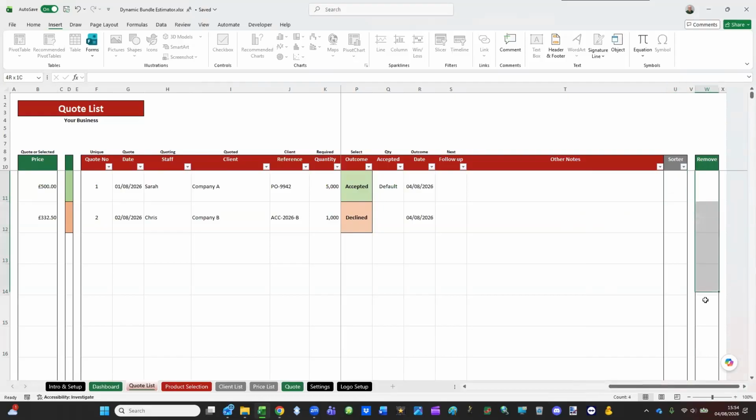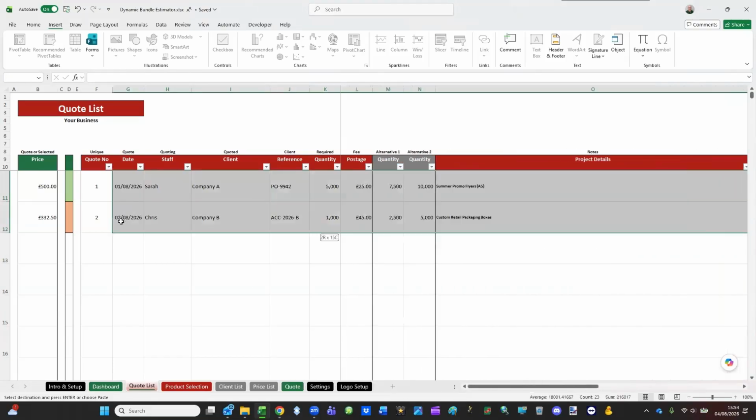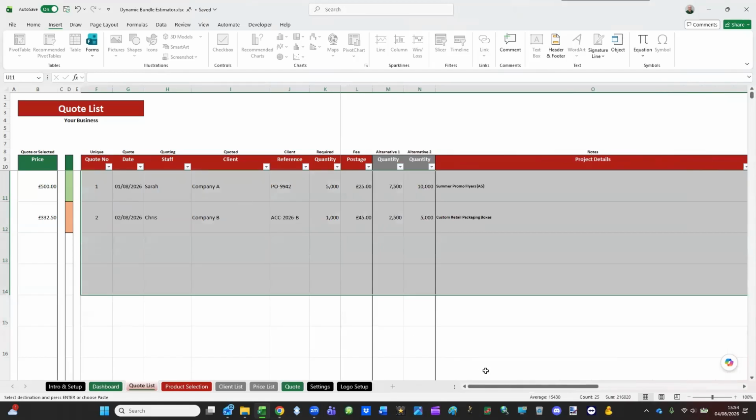So when you copy the text here, come to the sorter column, right click, paste values. Not any of these other ones. It must be the paste 1, 2, 3 values. Then you paste the values into here, then sort from Z to A and get all the text at the top. Once you've got all the text at the top, you can then clear out under the red headers and